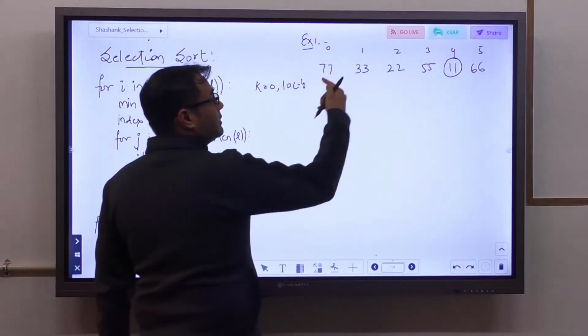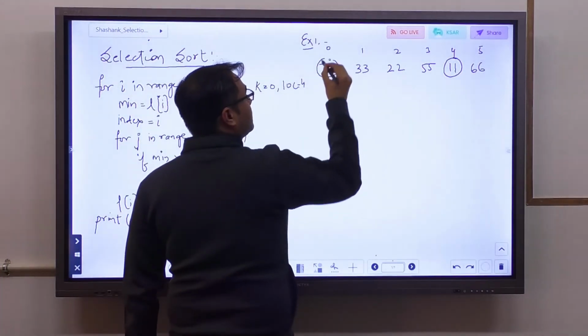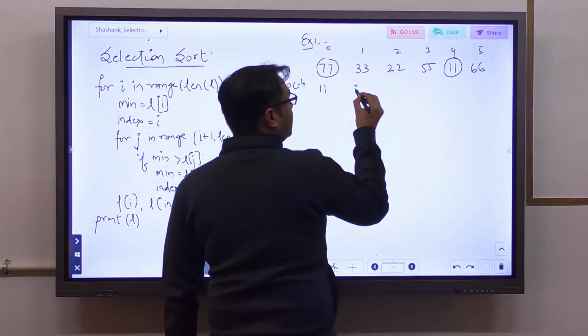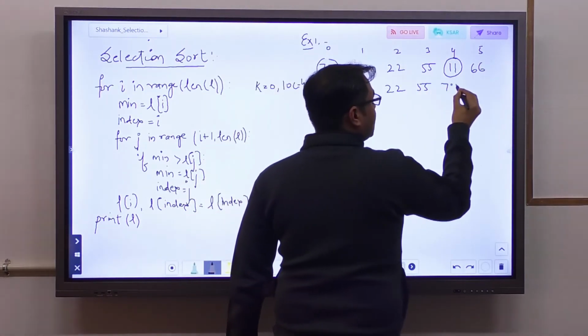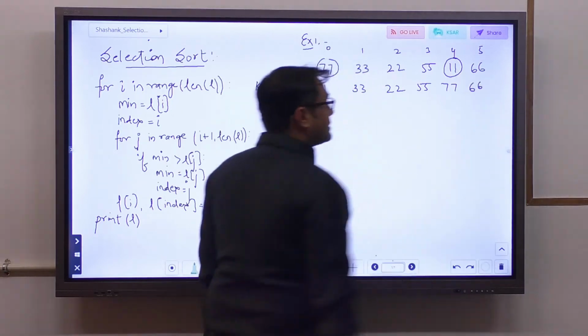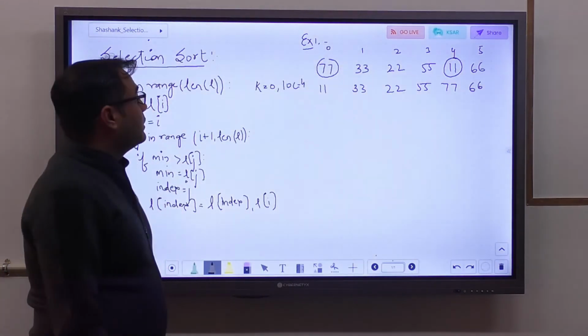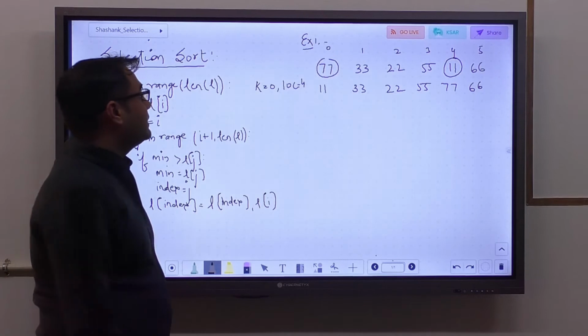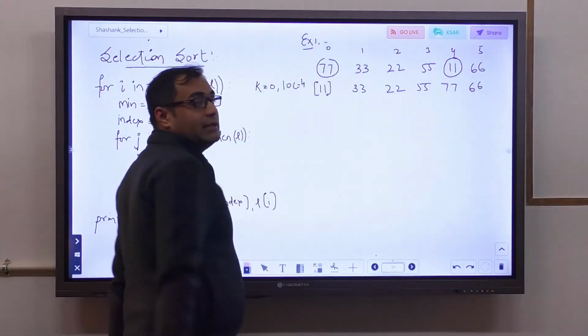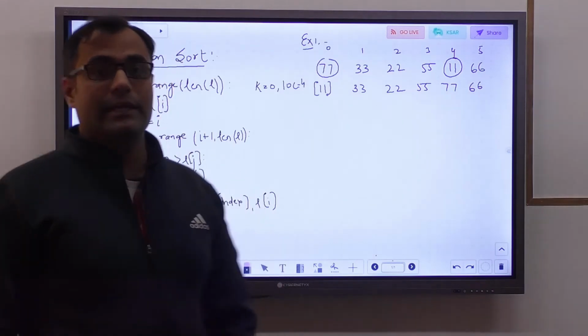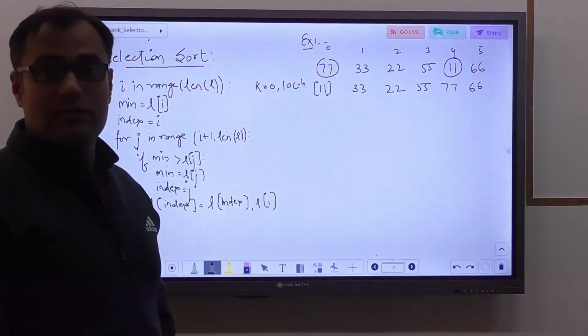We will swap both the elements: 11, 33, 22, 55, 77 and 66. After the first loop, at least one element is at its sorted position.